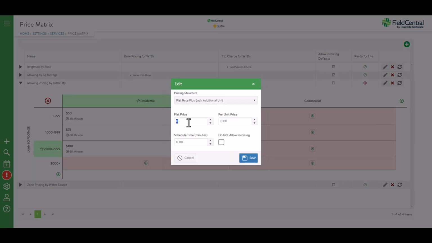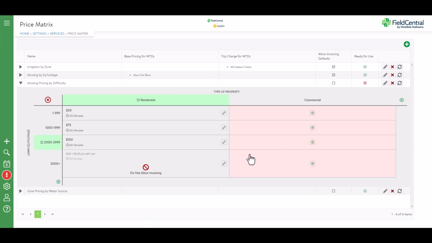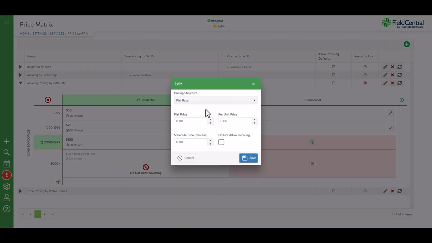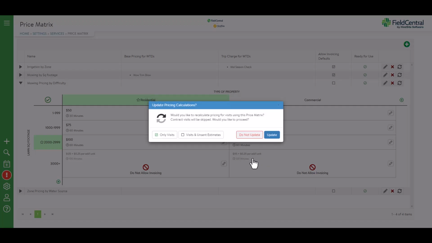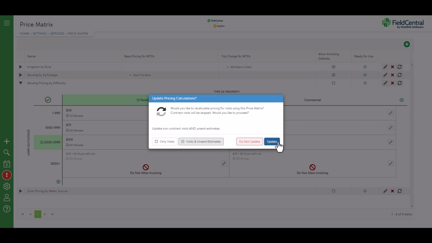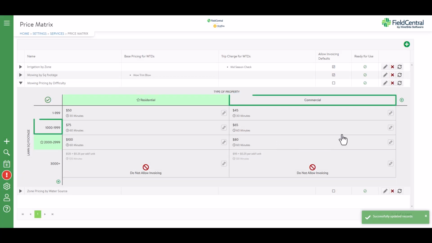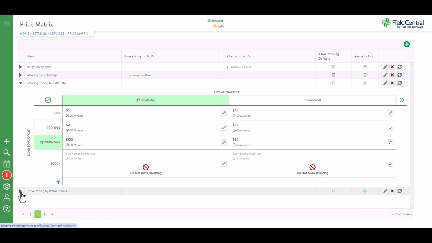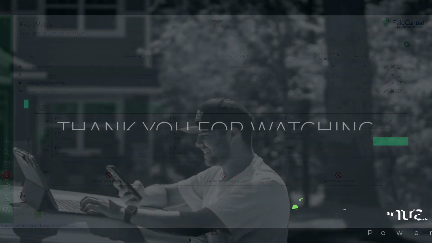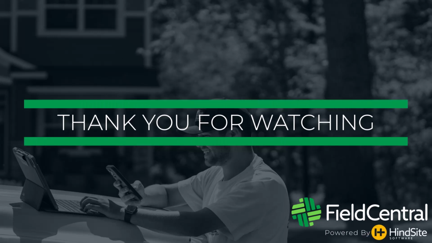We highly encourage our clients to set up and leverage this tool if they are needing a way to manage how services are priced in a scalable way that saves you time. By using the price matrix tool, users can mass update pricing structures and take into account modifying factors as needed. Price matrix is the ideal tool for standardizing your pricing across your customer base.